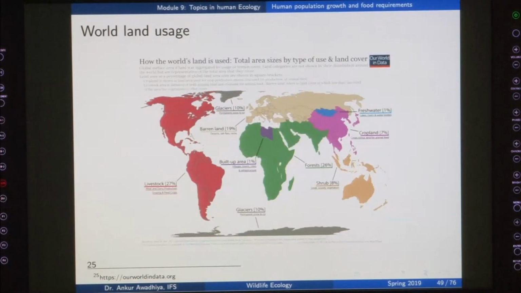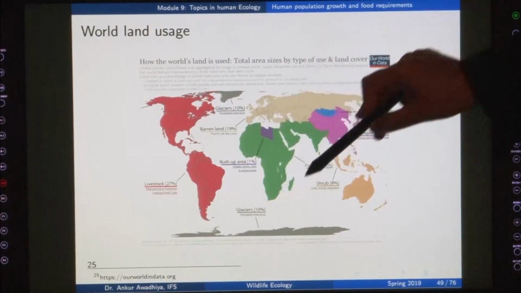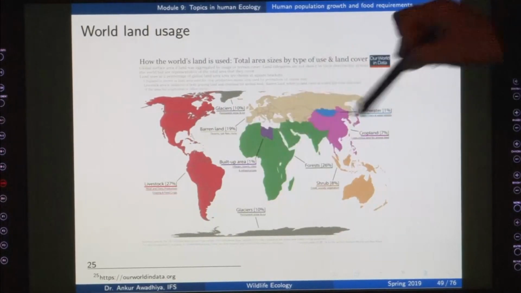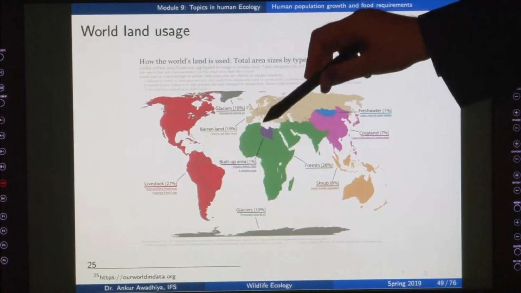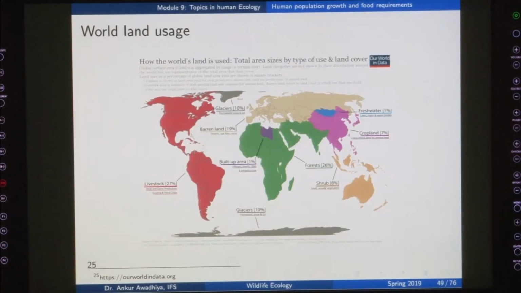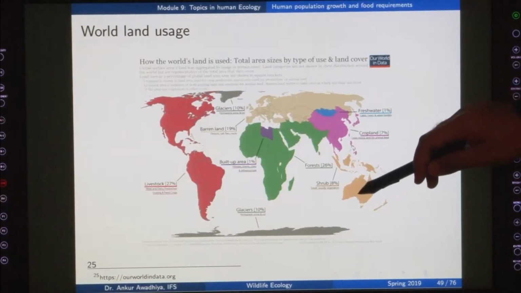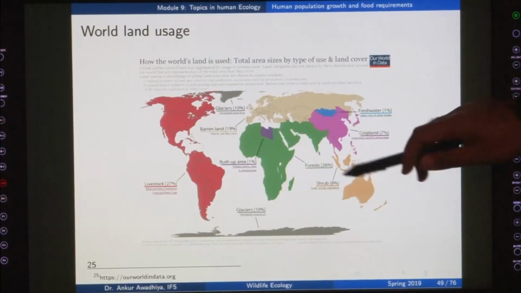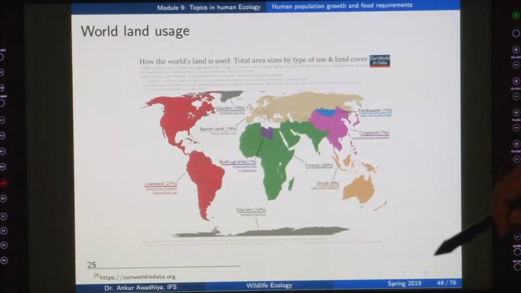What about the other lands? The green one is showing us the area that is under the forest. The blue one is showing roughly the amount of area that we have under built up area. The brown one is showing us the amount of area that is barren land, and this dark brown area is showing us the amount of area that is shrub land, and this blue area is the total amount of